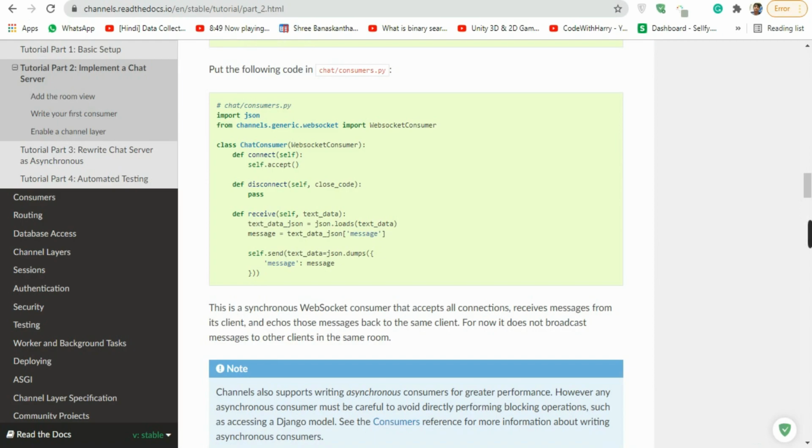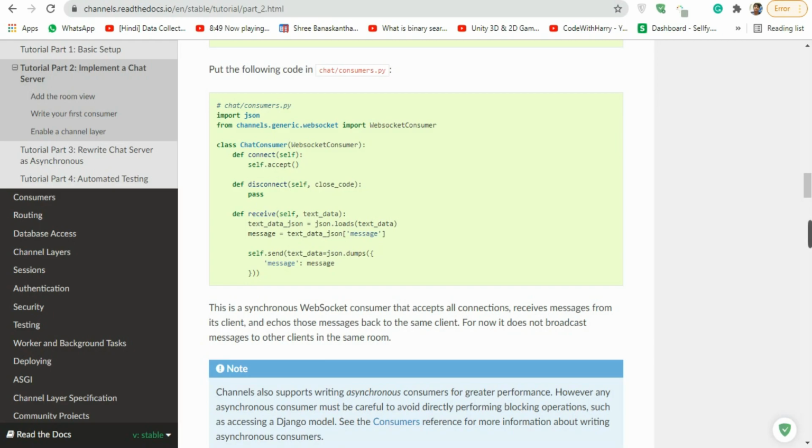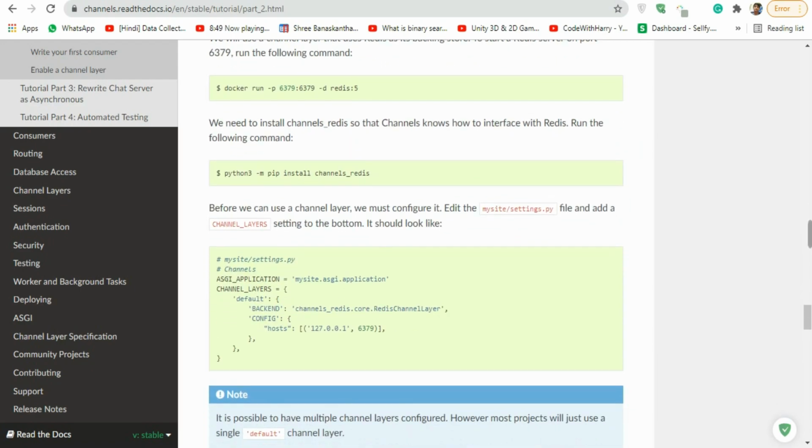And for that, we are going to create 3 main functions in the chat consumer, or you can say consumer.py. The first one is connect, the second one is disconnect, and the third one is receive. Now if you know the Django REST framework, this is exactly like serializers. In serializers, you created a model-based serializer and you can directly create post, get, put, delete methods. This is just like that. In here you can directly create functions like connect, disconnect and receive, and you can do any stuff with the data you want. So I hope you understand all of this stuff.